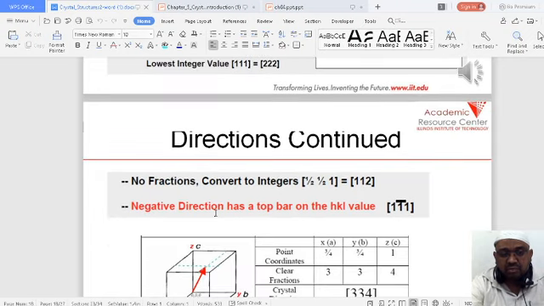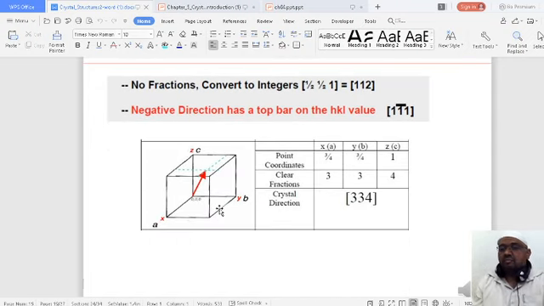Now apart from the casual examples, we'll take this particular unit cell. You'll find that in this unit cell there is the red marked line segment. First of all, there is a unit cell here with the x axis, y axis, and z axis. We have indicated this with x, y, and z, and the corresponding intercepts are a, b, c. That is the reason we have written x by a, y by b, z by c. Now you can see this distance, and you should have a very clear idea that this distance is nothing but part of the line segment.